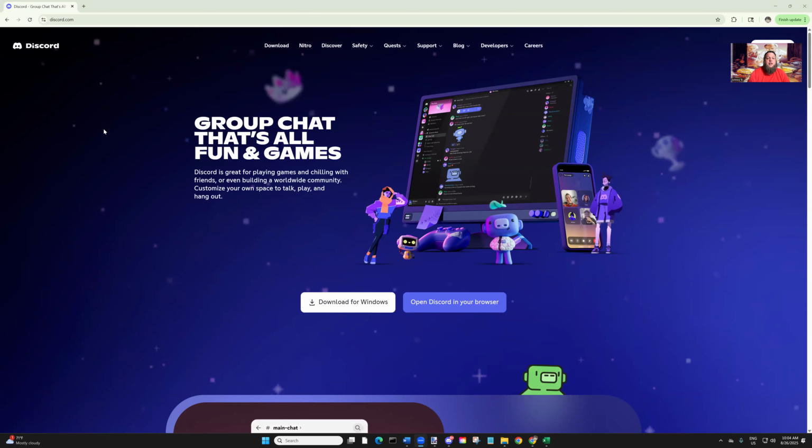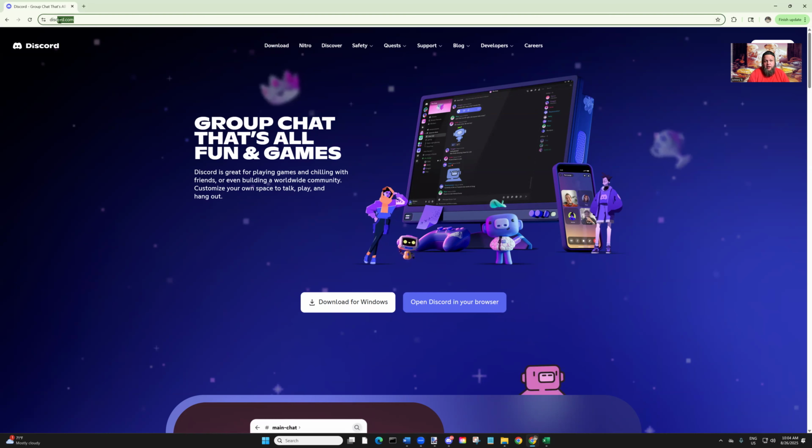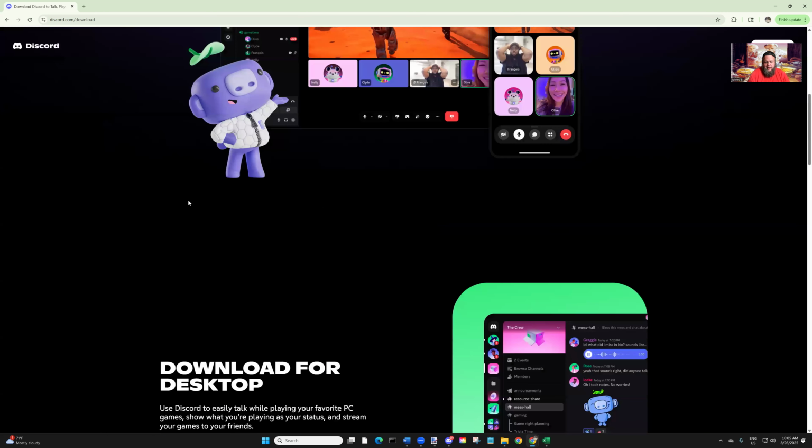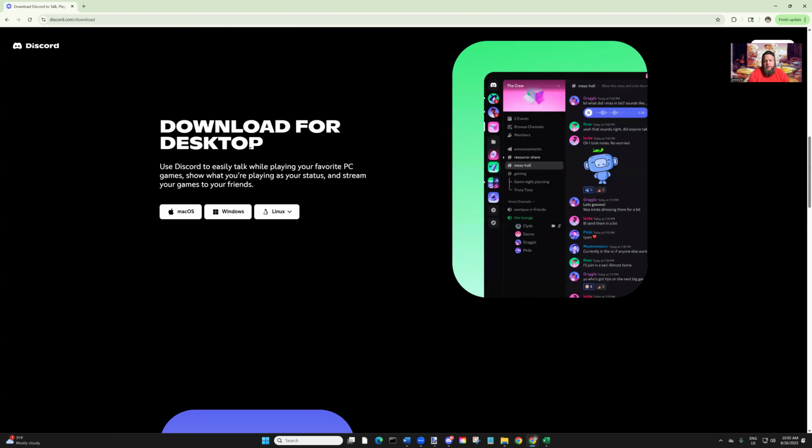So let's go ahead and get the screen share going. Sharing the screen. Still sharing the screen, and I'm hoping it's loaded now. Should be. So, you're going to head over to discord.com over here, and once you're there, ignore everything you're seeing except what's at the top here. Go ahead and click the one that says download. And then once that page is loaded, again, ignore everything you're seeing and just scroll on down to the second section here. It says download for desktop.